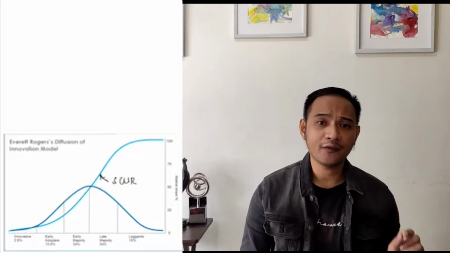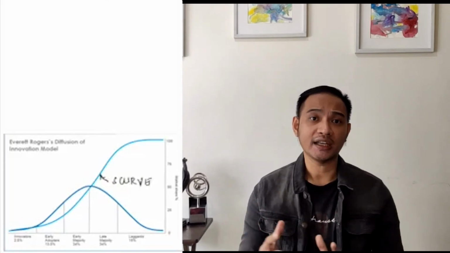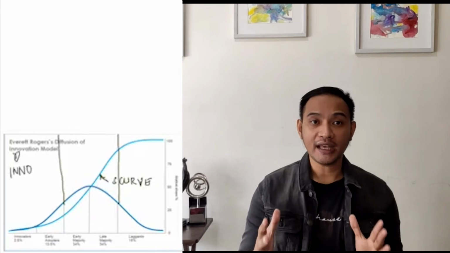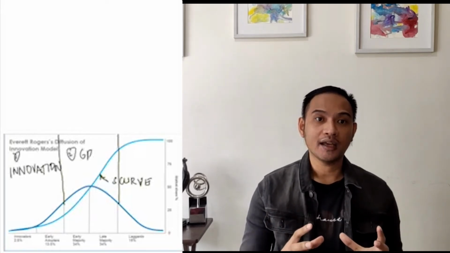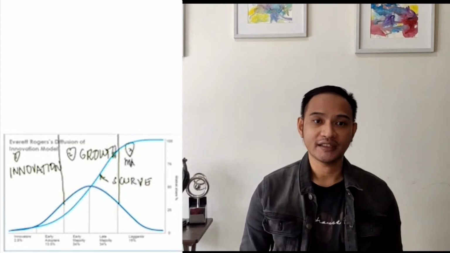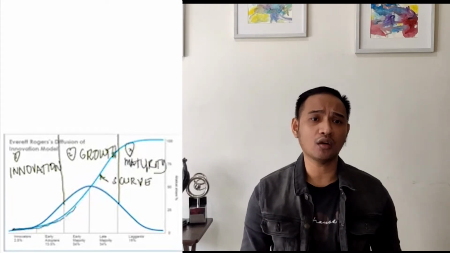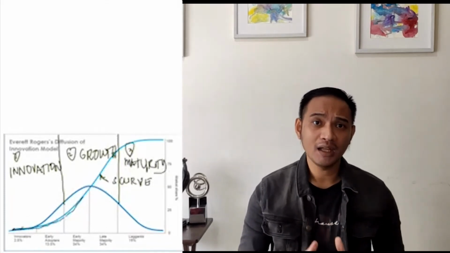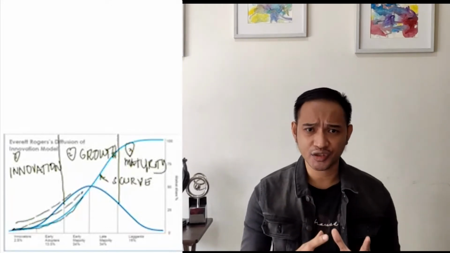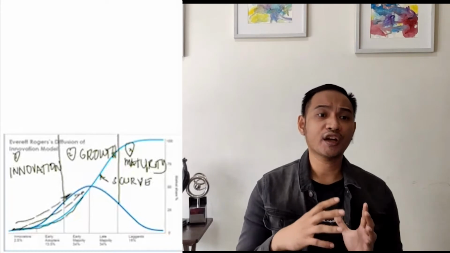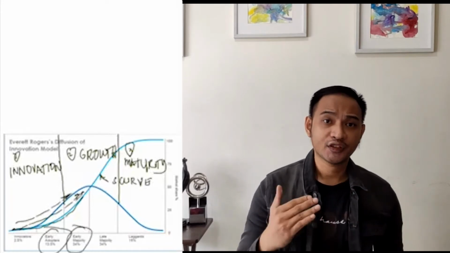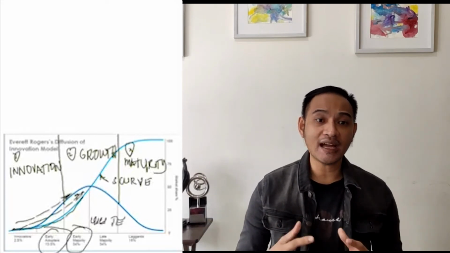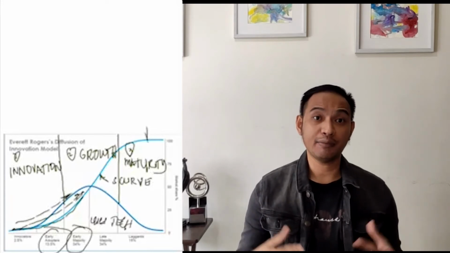So ito yung tinatawag natin na diffusion of innovation in technology adoption. So meron itong tatlong phase, which is the early stages, which is the innovation stage. Then it will enter into a growth stage, and suddenly it will reach the maturity stage. Now, as you can see, mapapansin mo dito, the technology grows because of innovation in the early stages of development, until it reaches a certain point of growth wherein there are early adopters and early majority starting to use the technology, and until it reaches the mass adoption, which is the maturity stage, and it becomes part of our